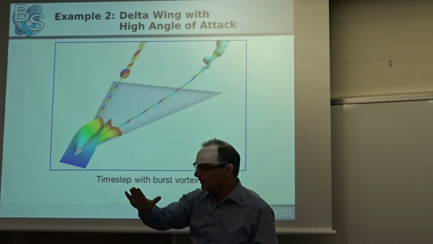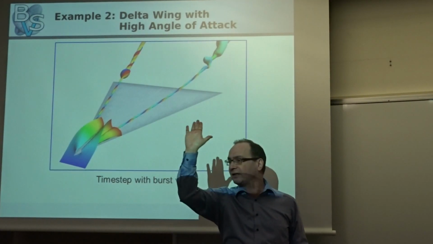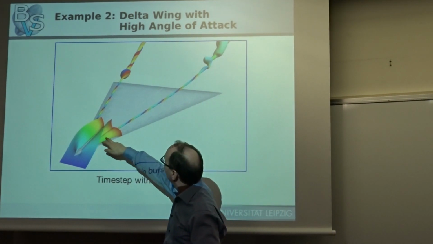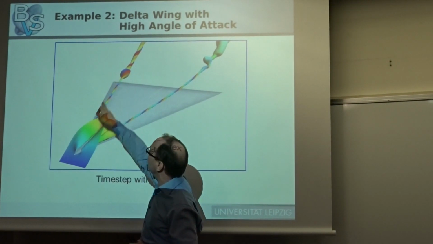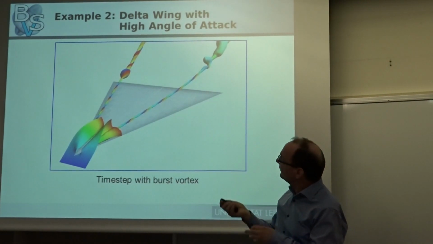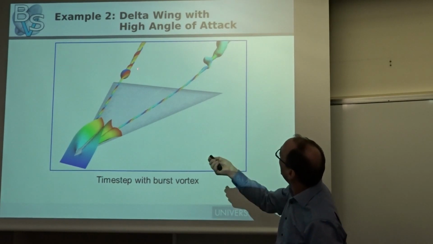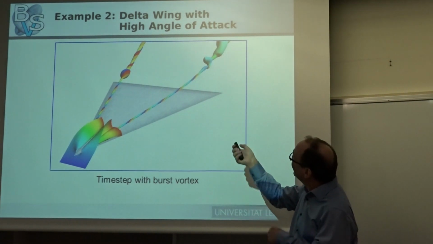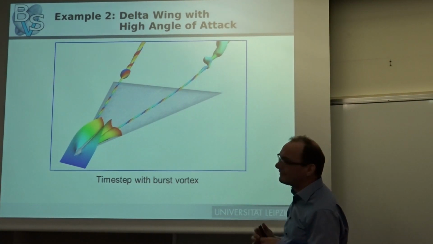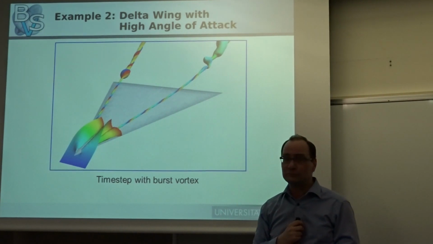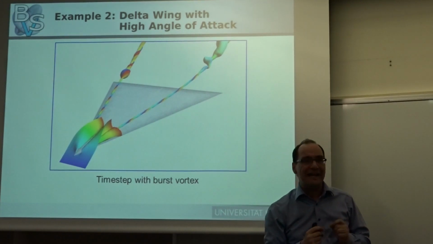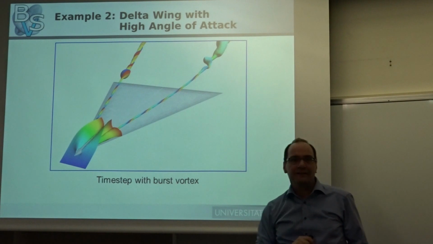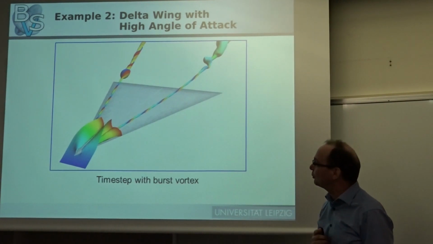And there's a difference, you see that angle here. The case is, it's moving in this direction, but it's pointing in another one because the airplane is taking a curve. And then you see these nice vortices here, and you see we're looking at a case where we actually have this vortex burst that happens up here. And this is well known in aerodynamics that this is a very sensitive case. It can look like this rather nice shape, or like this chaotic, and this is very sensitive to that. So whenever I talk to fluid dynamics people, they're quite fascinated that we can see that, and they're also interested in what I show you now, because